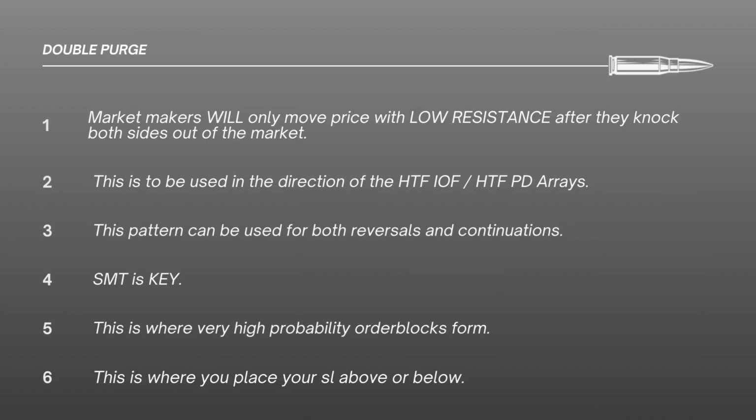Most important part over here is SMT. We really want to spot that SMT to make it high probability. Because why? This is where the very high probability order blocks form. And if we know what a high probability order block is, we also know where to put our stop loss